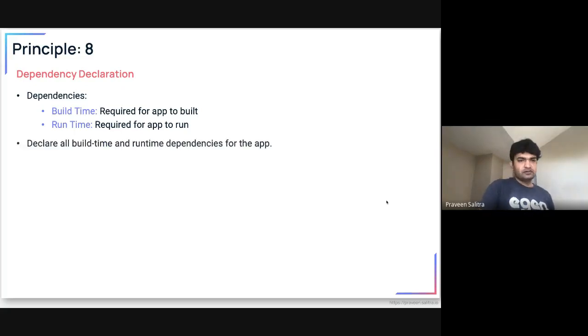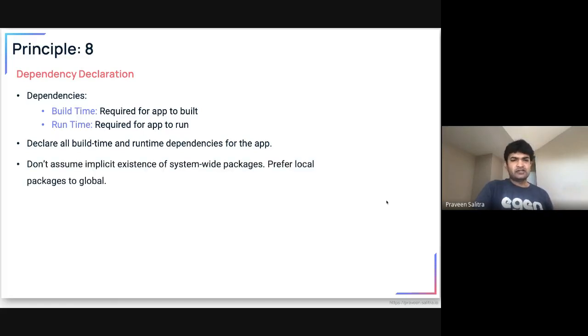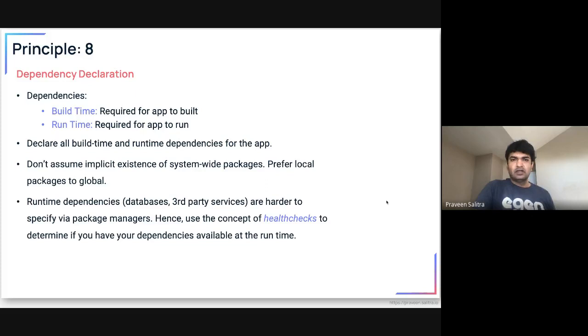So you can easily find out build time dependencies. There are no issues. You already declare them using Maven, Gradle, PyPI, npm, things like that. The problem is actually the runtime dependencies, because you don't specify them strictly, right? You specify them either using environment variables or some other sort of configs. So it will be harder to find out at runtime what your apps depend on.